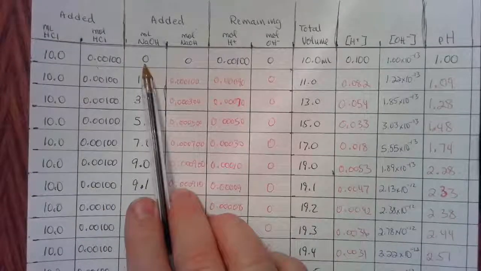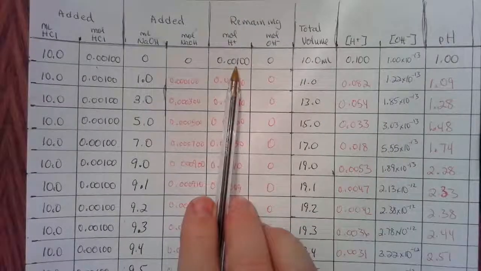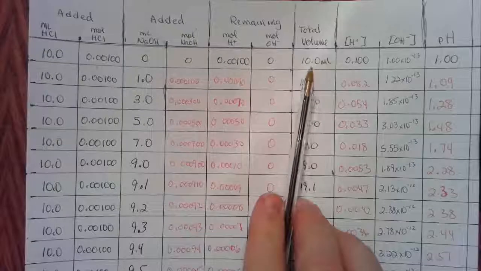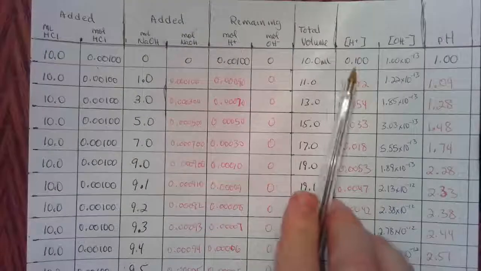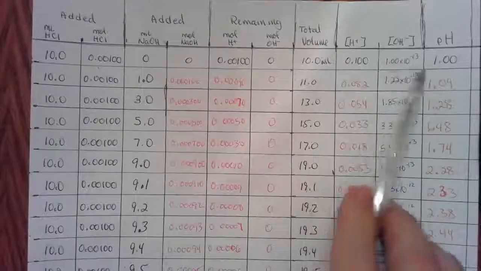We have added exactly 0 sodium hydroxide, so the moles of H plus are the same as the moles of the HCl. The total volume is 10 milliliters, so the H plus concentration is 0.100,